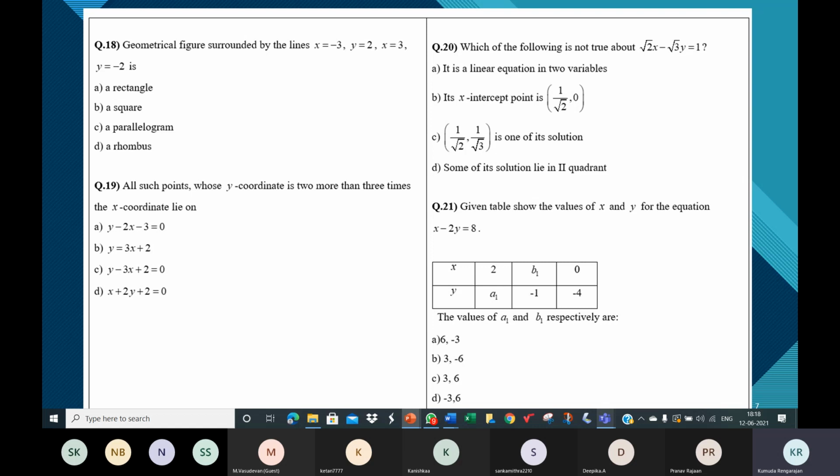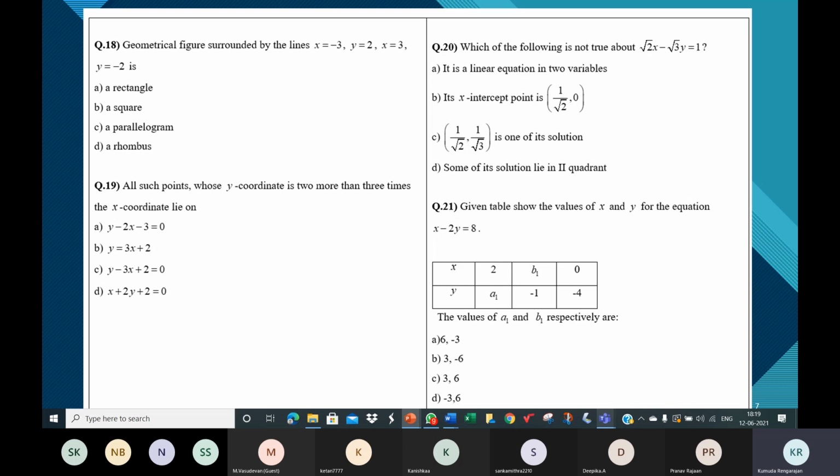See, we're not even finding the exact value. 1.8 by 3 will surely be less than 1. So you'll have to plot 0 comma minus some value less than 1 on the negative side. If you join these two points, you will see that the graph passes through the first quadrant, the fourth quadrant, and the third quadrant, and does not pass through the second quadrant, which means no solution lies in the second quadrant.